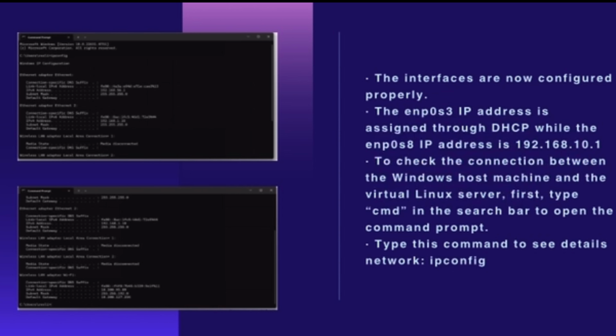For the next part, the interfaces are now configured properly. The enp0s3 IP address is assigned through DHCP, while the enp0s8 IP address is 192.168.10.1. To check the connection between the Windows host machine and the virtual Linux server, first we need to